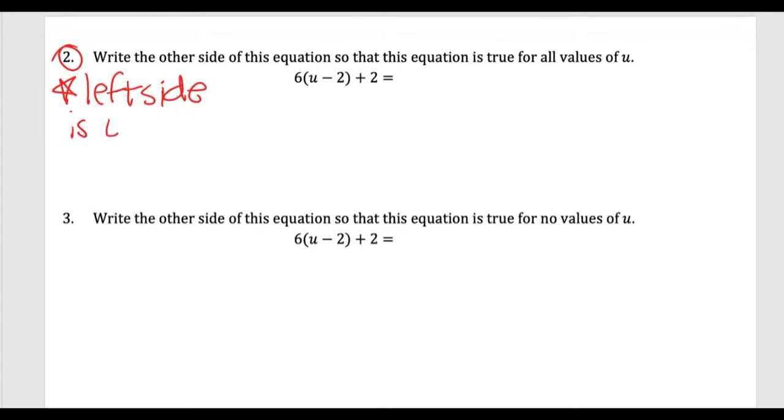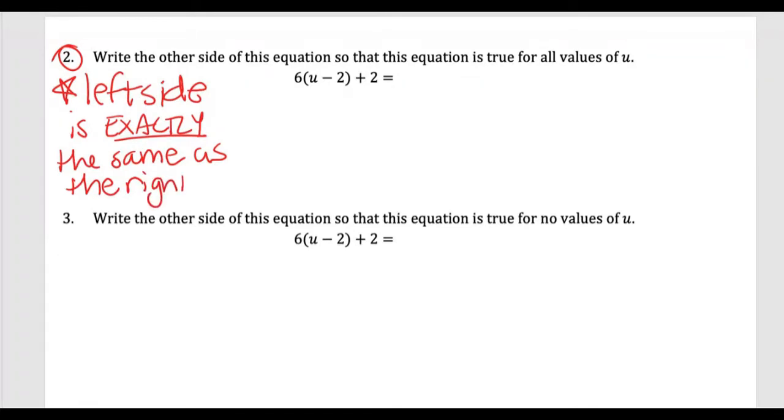So the left side is exactly the same as the right side. Okay. Now, you could